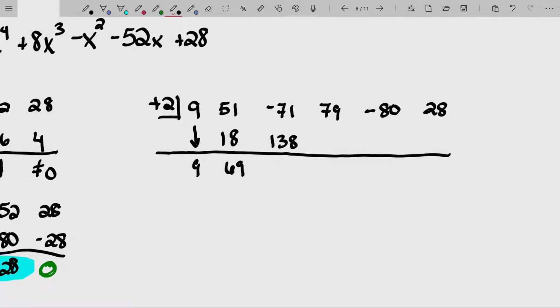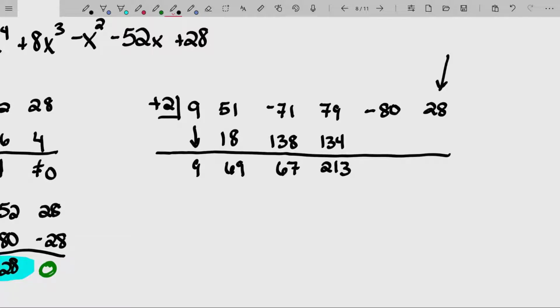And at first I start getting a little bit gun shy about this because I see that number starting to grow, and in the end, I'll have a 28, then I need to have a negative 28 to cancel it. Luckily, I have 138 minus 71, and so that will be a little bit better because it doesn't seem like it'll terribly grow without bounds. But this will be 67, and twice 67 is going to give me 134. And we're going to add 79 to that, so that will give me